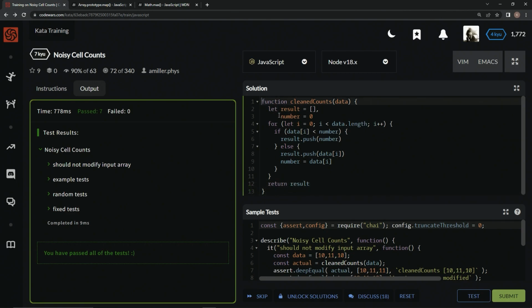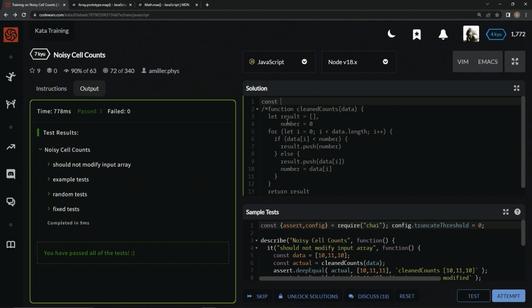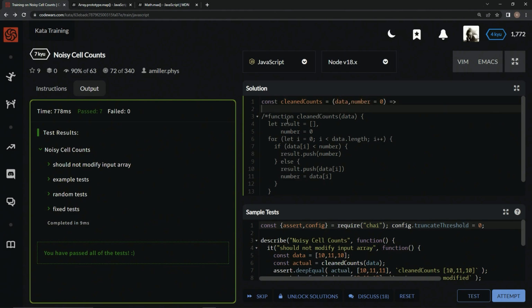and there is a way to do this one-liner style. We could come over here and say /*, come down here with a control end, do a */ comment the whole thing out, do a control home and say const cleanedCounts, and then we'll have that equal data, and we'll also have number in here. Number equals 0. All right, and then we'll do an arrow just like that. So we'll come down here and we'll say